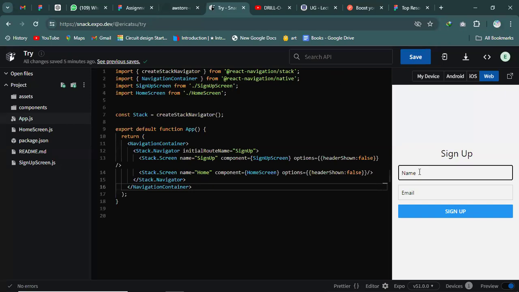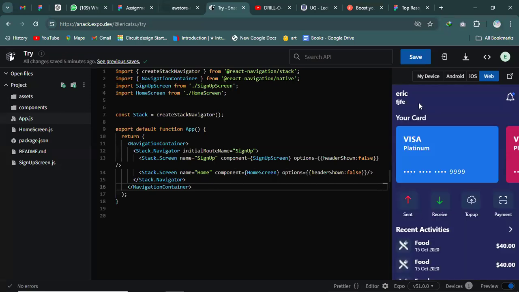So let me demonstrate what we did yesterday. As you can see, I passed information that I'm using to log in from the sign up page. I'm recording. When I'm done, I'll share it with you guys, so don't worry. You pass it to